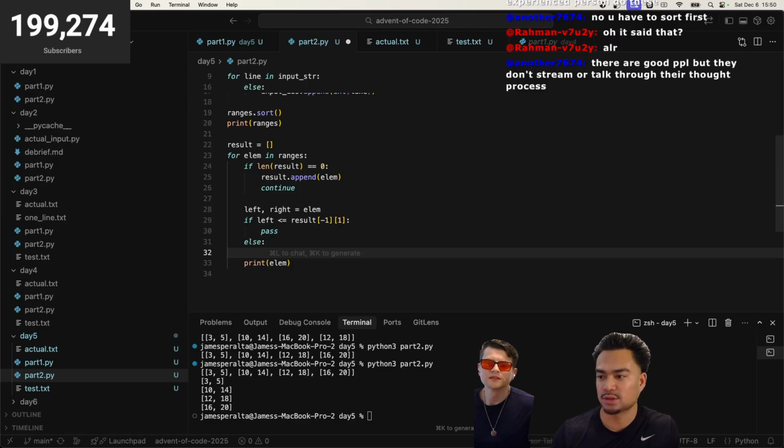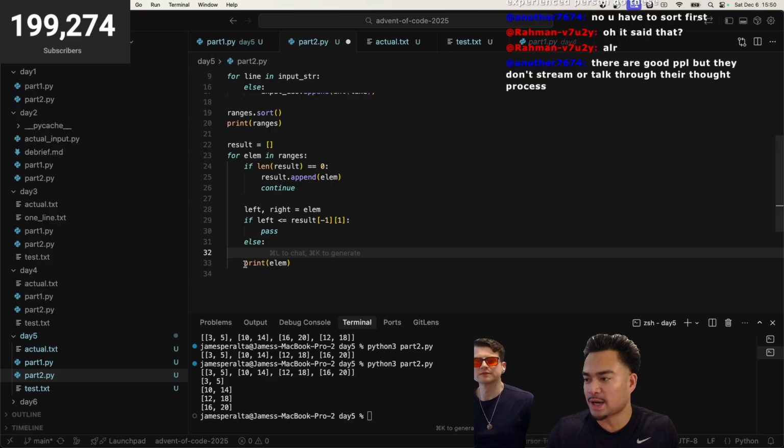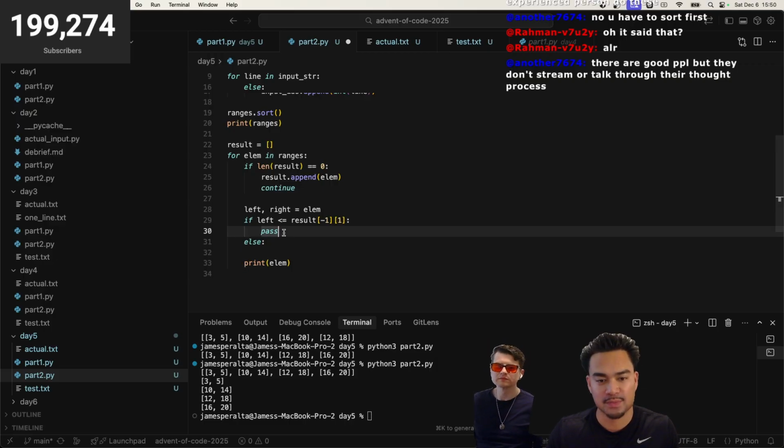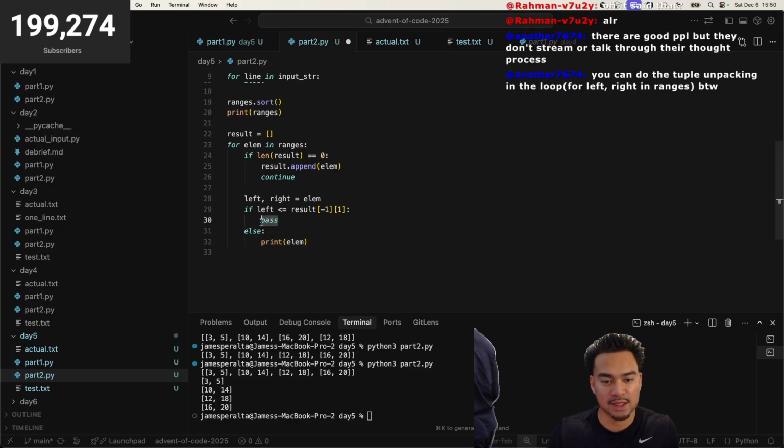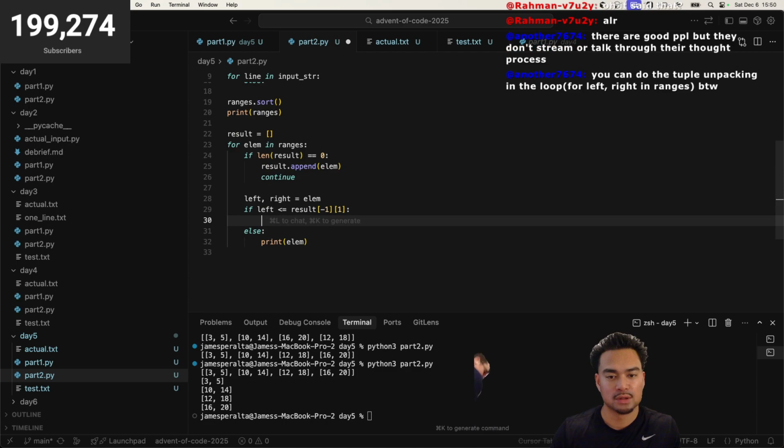Else we just... you can do tuple unpacking the loop for left. Well, that'd be interesting. I'll take a look at that in a second. But what we'll do is result[-1] equals,